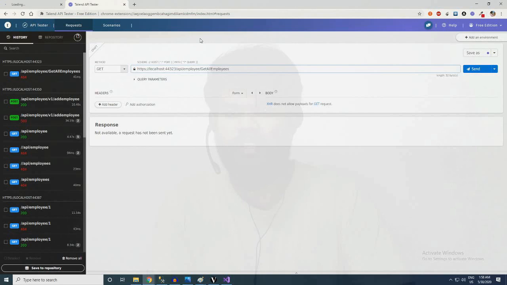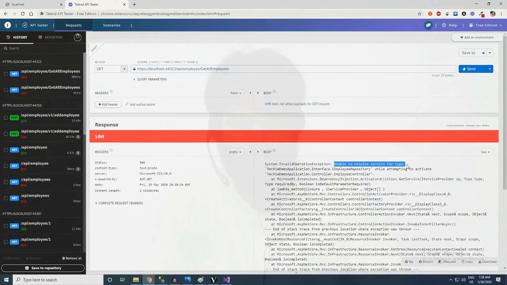We got an error 500, which is unable to resolve service for type IEmployeeRepository. Okay, we did one more thing wrong here. This is also a configuration issue.